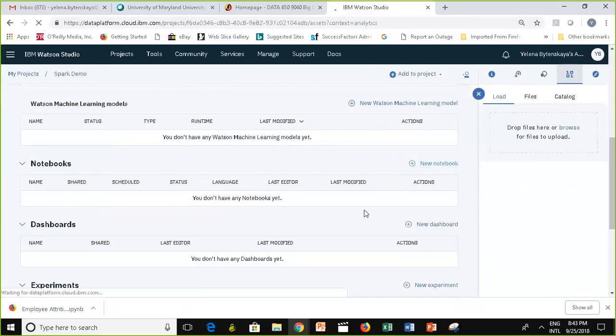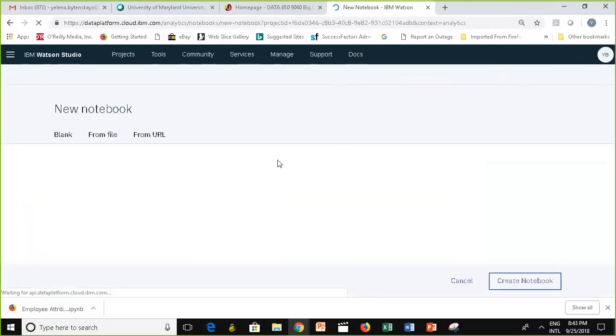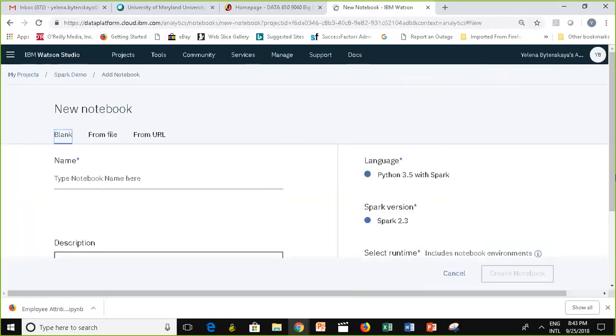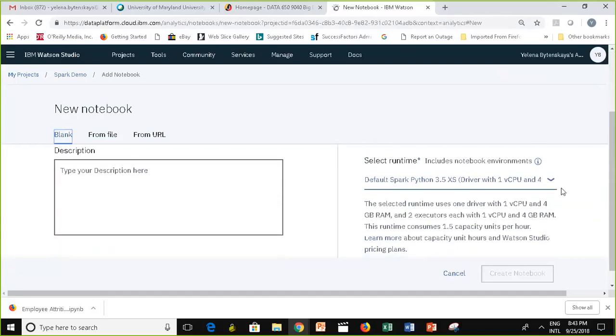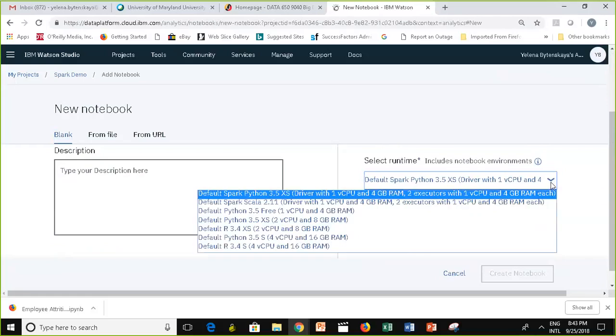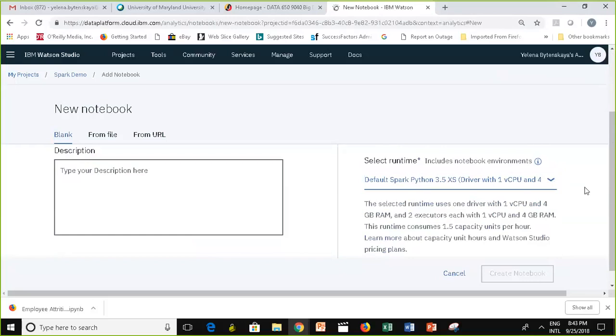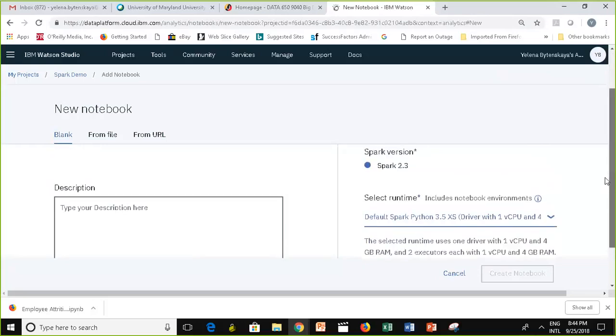The fact that it's making me wait is not a problem, but the problem that I'm anticipating is that I have to select Spark as a runtime, and it won't let me. See this? Here, I have to choose Spark, and it won't let me. Do you know why? Well, the reason is I have not associated the Spark service with my project, right? So before I even do anything, I cannot add a new notebook.